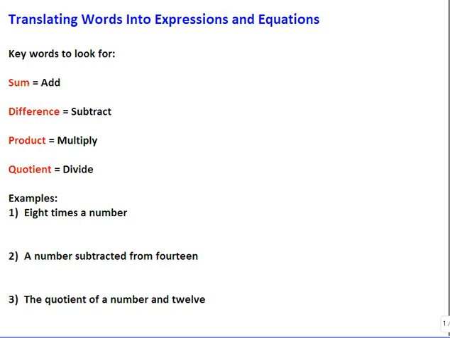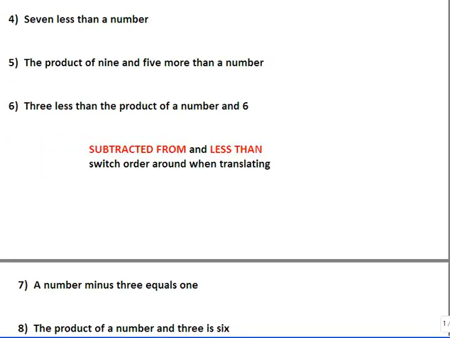The first one is sum, and that means the same thing as add or addition. Difference means subtract. Product means multiply. And quotient means divide. So the kinds of examples that you might see would be like example number 1 here,